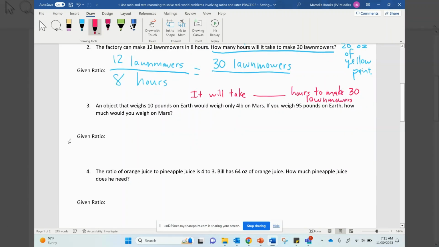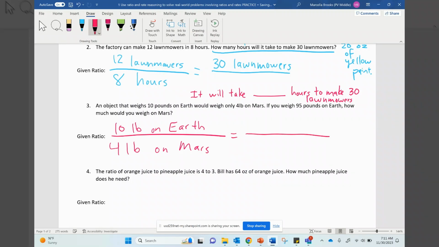All right, number 3. An object that weighs 10 pounds on Earth would only weigh 4 pounds on Mars. So that's our given ratio. So 10 pounds on Earth is 4 pounds on Mars. If you weigh 95 pounds on Earth, how much would you weigh on Mars? So it gives us another Earth weight. So 95 pounds on Earth. How much would you weigh on Mars? So you're going to cross multiply and divide, and your sentence stem is